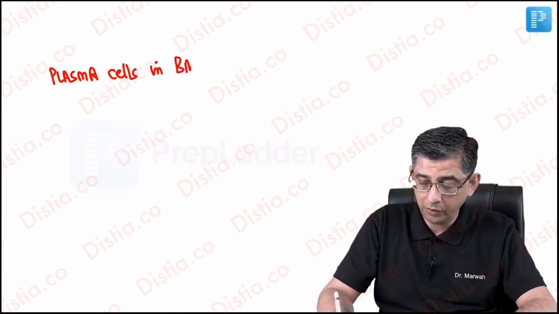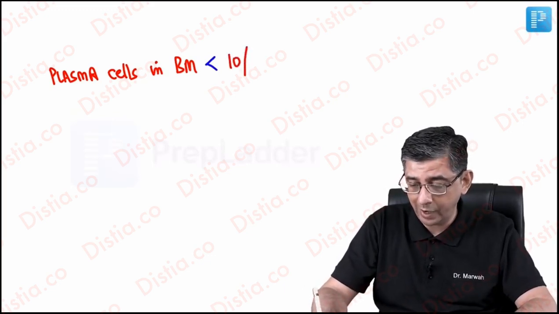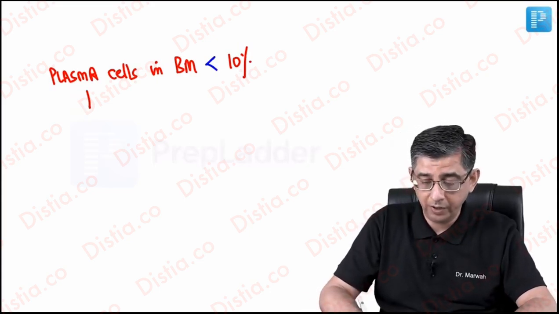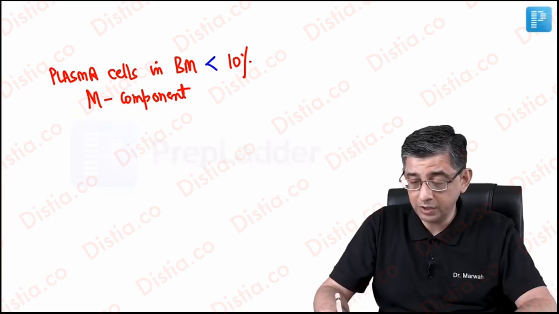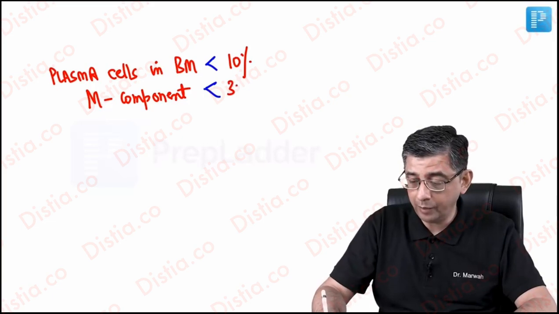Suppose you get a question which mentions that the bone marrow evaluation of a patient is showing plasma cells in the bone marrow, but the percentage value is given to be less than, look at the arrow here, I'm not saying more than 10%, I'm saying it is given to be less than 10%. Then he also mentions monoclonal component coming up, but the value which is given here, the arrow is less than 30 gram per liter.